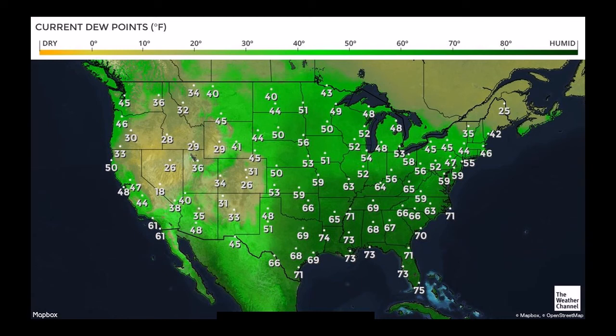Then we're going to take two things, dew point temperature and air temperature. So two things that have nothing to do with precipitation, and from that, we're going to be able to predict where we should expect on this weather map to see rain. So what I'm going to do here is I'm going to show the current dew point map,